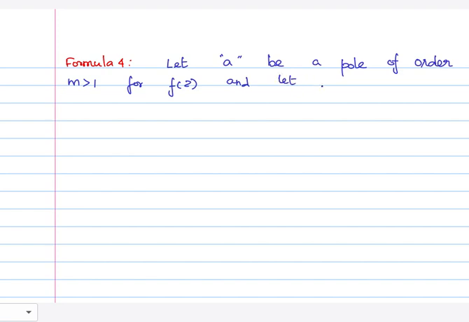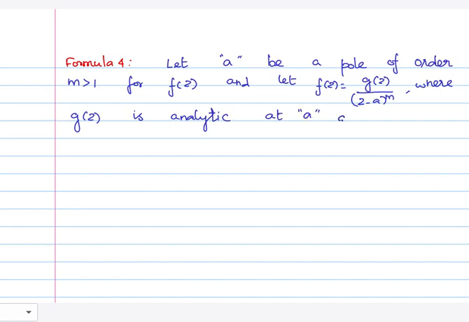Let f of z equal to some g of z divided by z minus a the whole to the power m, where g of z is analytic at a also, and g of a is not equal to 0,